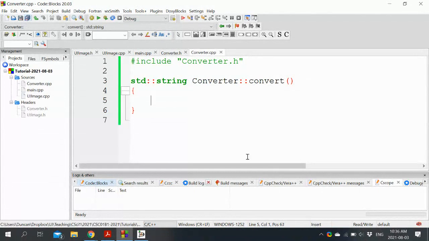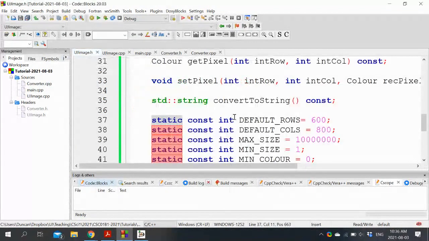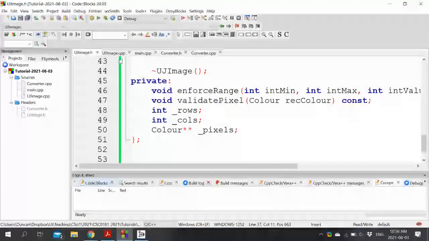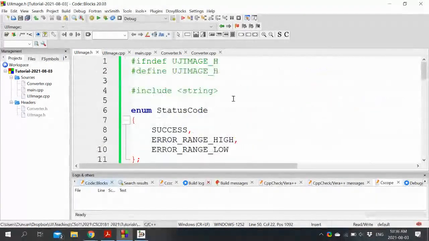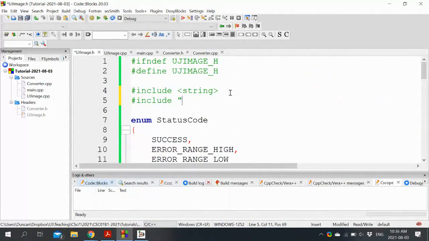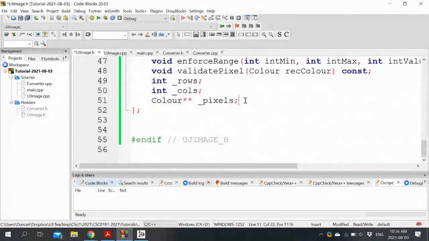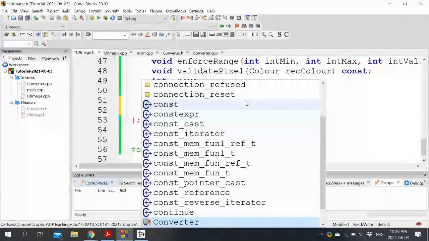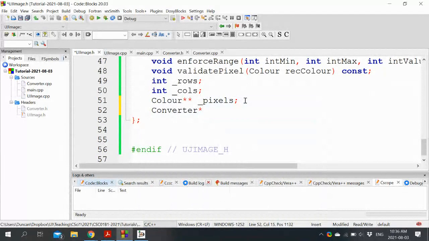And we'll put the details in a moment. But for now, let's just focus on the actual composition and delegation. Because this thing has a converter, it needs to know about the converter type. So we can do that. So it has a converter that it's going to manage. So we'll do the management of its life manually. So we'll allocate it with new and delete it with delete.